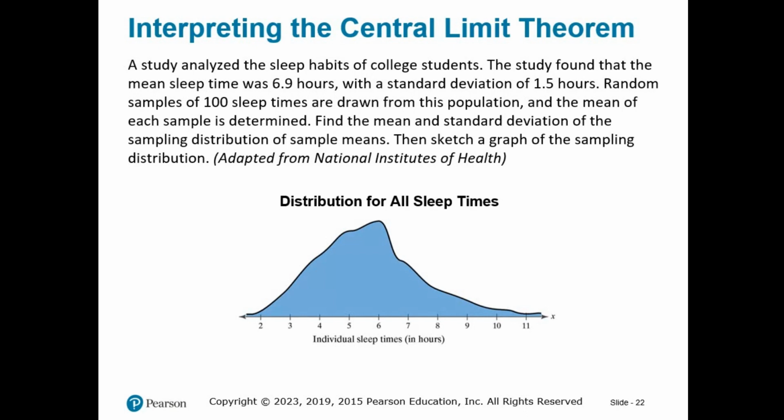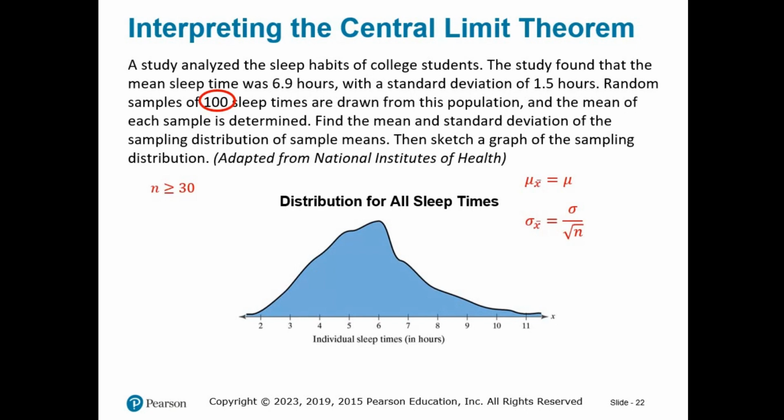So first of all, don't let the shape of this distribution scare you. We know we're working with the central limit theorem, so we're likely going to be working with a normal distribution. But let's check the conditions. Part 1, are we drawing a sufficiently large sample size? Yes, 100 sample sleep times. That is greater than or equal to 30. Now we know that the sampling distribution of the sample means will be approximately normal, and it also tells us that the mean of that sampling distribution is going to be equal to the population mean, and that the standard error of the mean, sigma sub x bar, is going to be equal to sigma divided by the square root